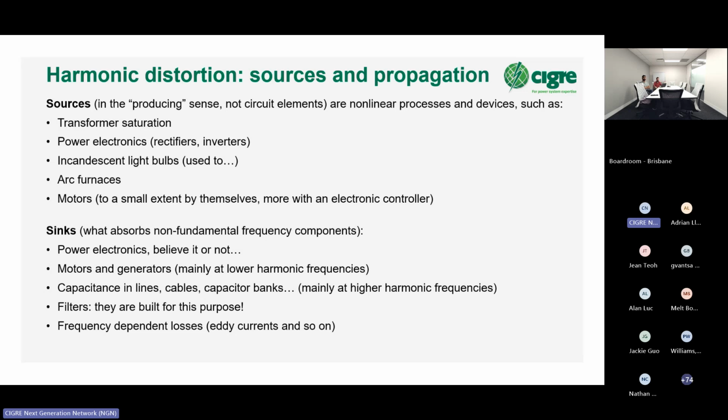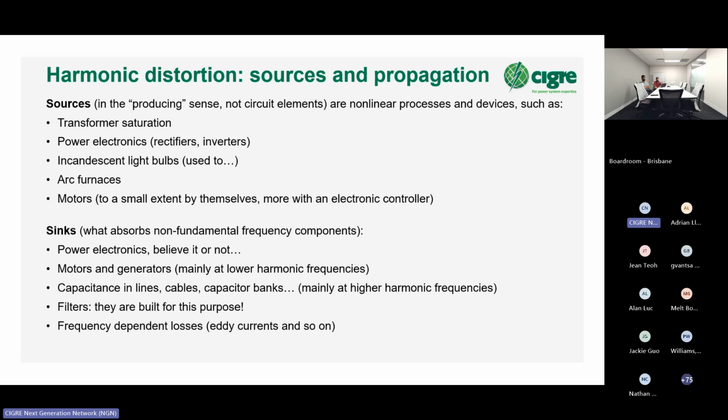Motors and generators do absorb them, mainly at lower harmonics. Capacitance in the lines and cables, and capacitor banks, mainly at higher harmonics, because the impedance decreases, and so more harmonic current will flow through capacitance. If you put a capacitor and look at the current, it will look much more distorted than if you put a resistor of equivalent impedance in absolute value. Why? Because that impedance changes with frequency. So if there are high frequency harmonics, the capacitor is going to absorb them all. That's why often they fail. They are one of the main indicators of too many harmonics, too much distortion in your system, because they tend